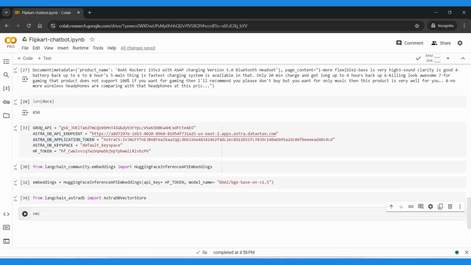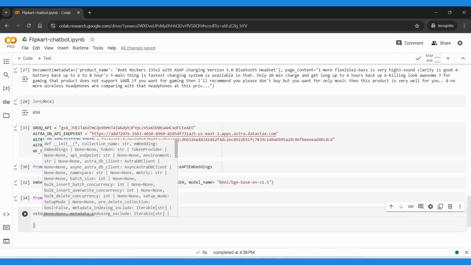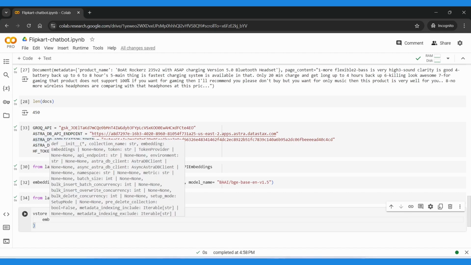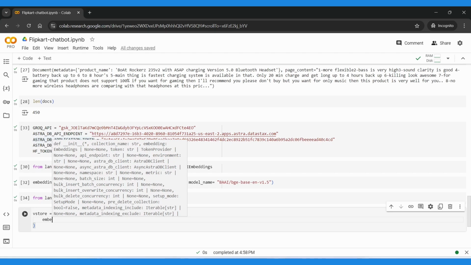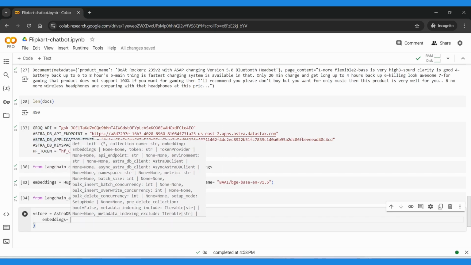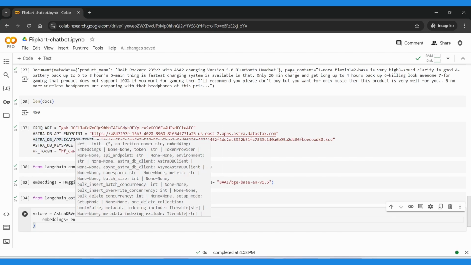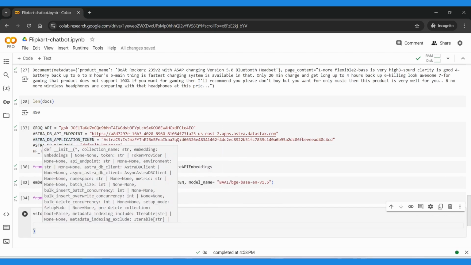So my vector store will be AstraDBVectorStore, and inside this I have to pass my embeddings equals to embeddings, and my